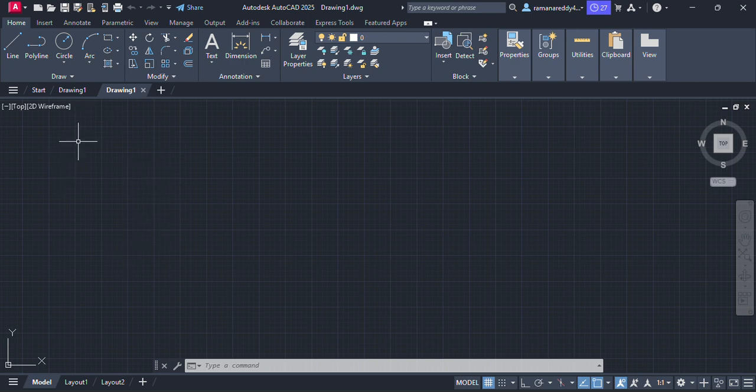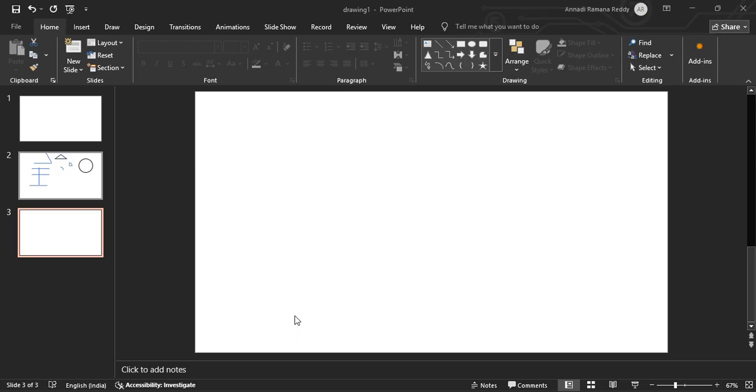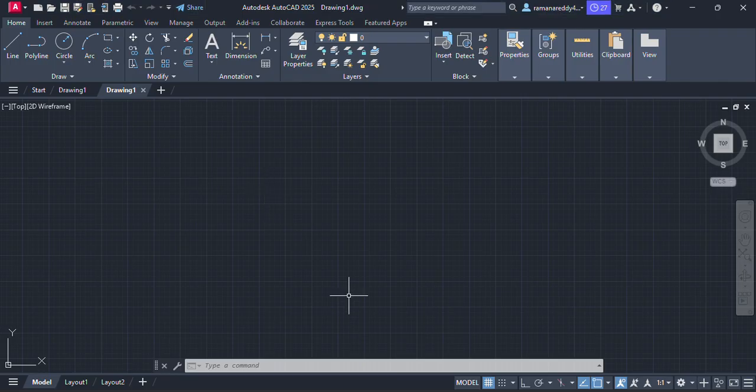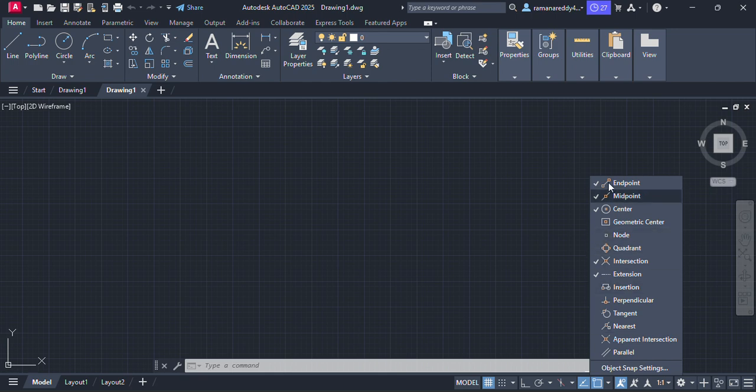So you can see in AutoCAD these are lines. This horizontal and vertical lines form a grid. In PPT you cannot find that grid, right? So in here there are many options. Okay, so if you see here, these are all,